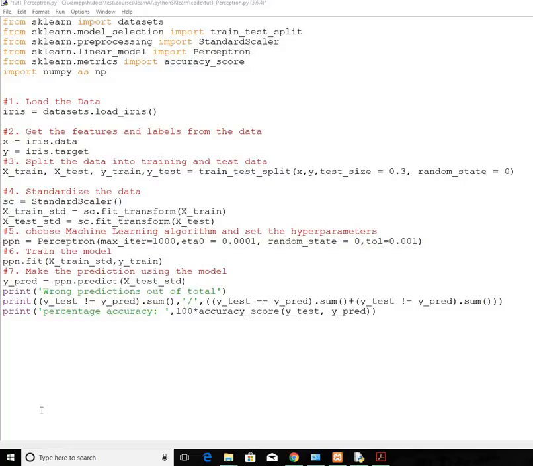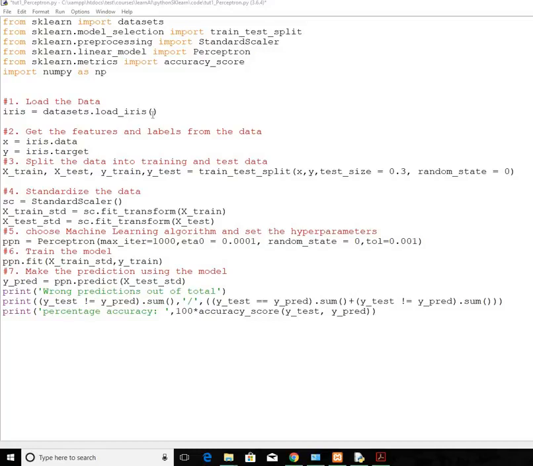So in this video tutorial, we'll be discussing implementing the Perceptron machine learning model from Scikit-learn to do predictions on the iris dataset. We'll be following the 7 steps that we discussed in the previous article to build a model. During the course of building a model by following those 7 steps, we'll be importing all the necessary libraries. The first step,